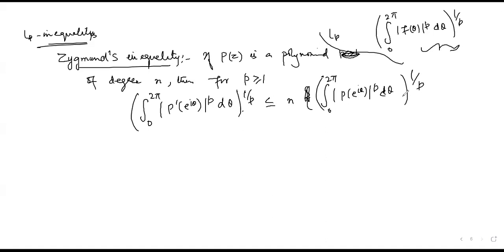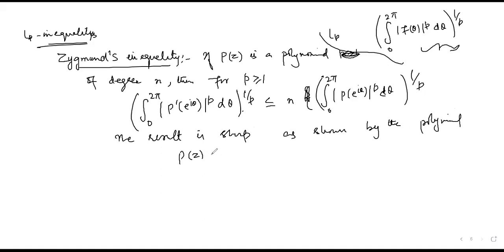Now this is always true. But the result is sharp, you can easily check, as shown by the polynomial p of z equal to